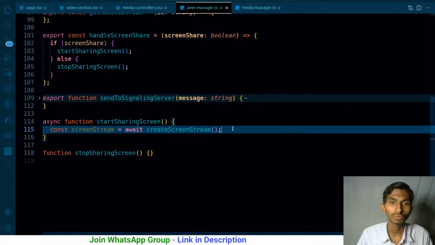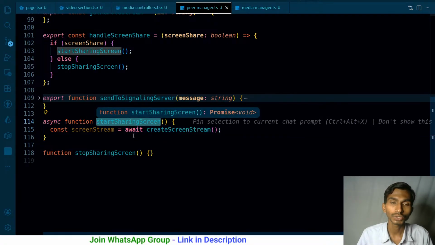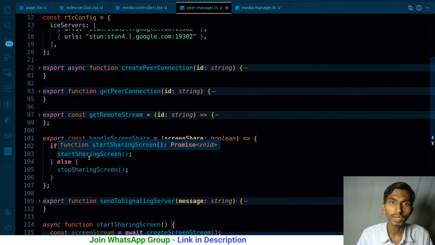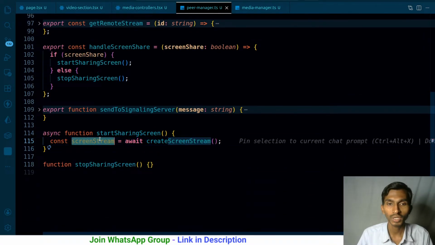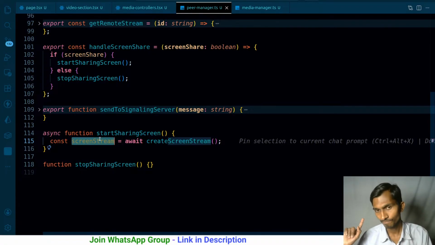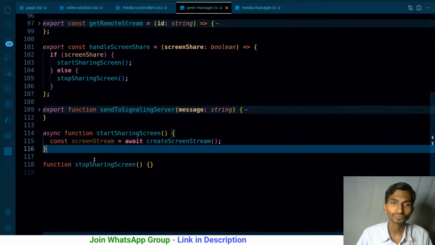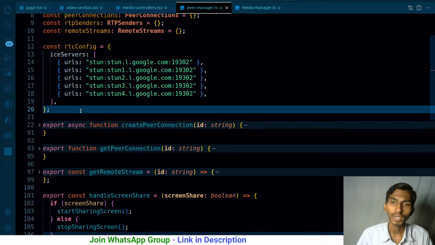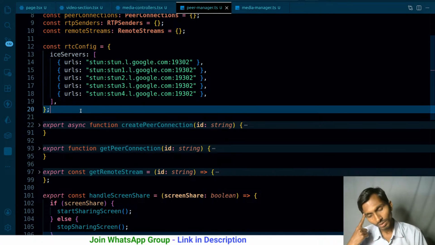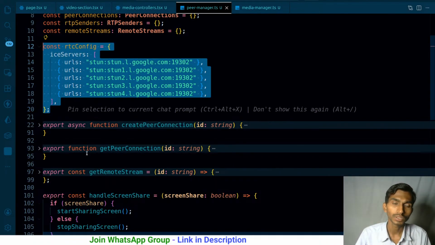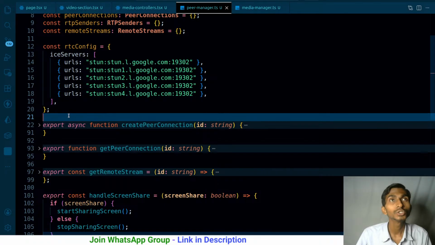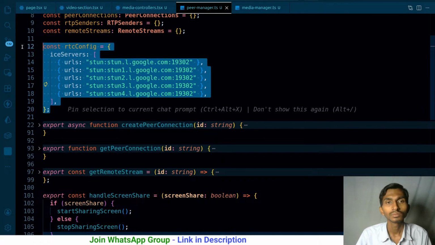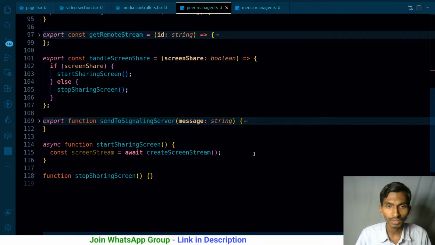Once I got my screen stream, what is the next thing? Because I'm starting to share the screen, so I already have my RTP senders. I have to replace the track. So from here I can get all the tracks and I can replace them. Okay, for that thing I need to have what? I need to know the ID. Okay, how will I know the ID? I have the RTP senders. When I start sharing the screen, at that time I have to replace the tracks of all of them, so I don't even need the ID. So I can just simply say